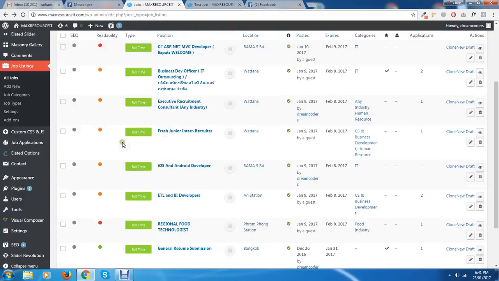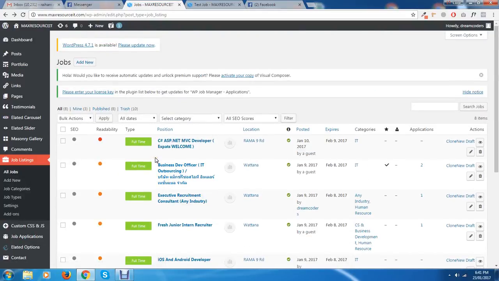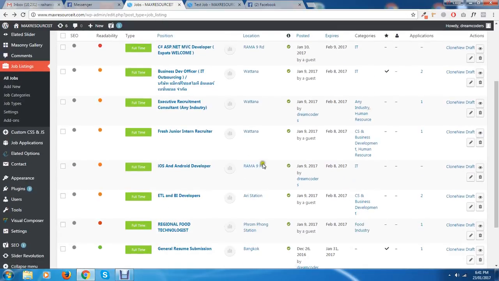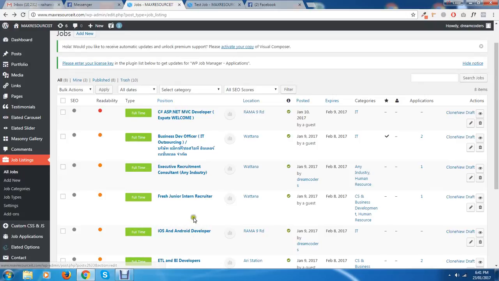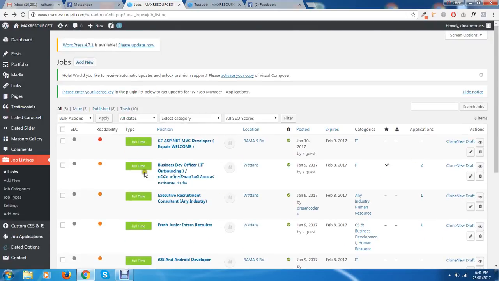Hi, so I'm going to show you how you can add jobs from your WordPress dashboard. So from your WordPress dashboard, you have to click job listing. If you click job listing, you'll be taken to this page where you have all the jobs listed. You see here we have all the jobs, locations, etc. So to add a new job, you have to click add new,